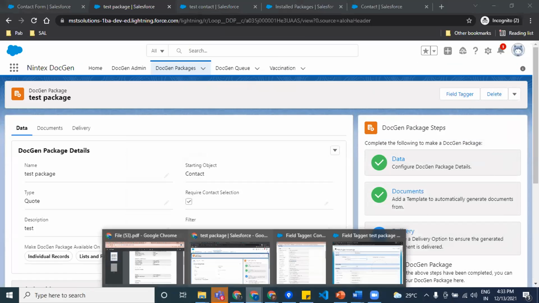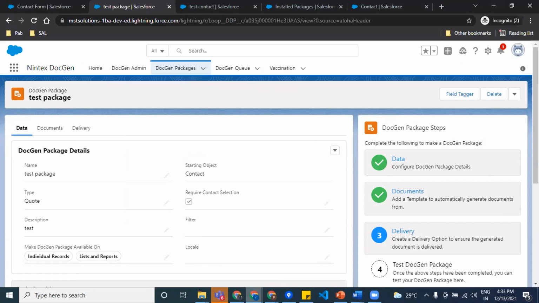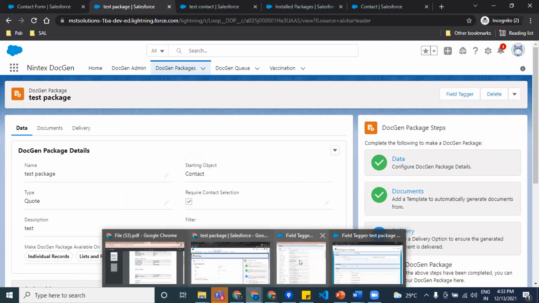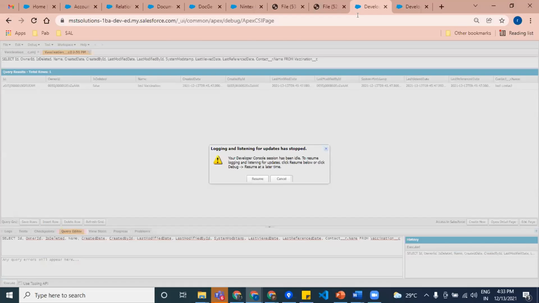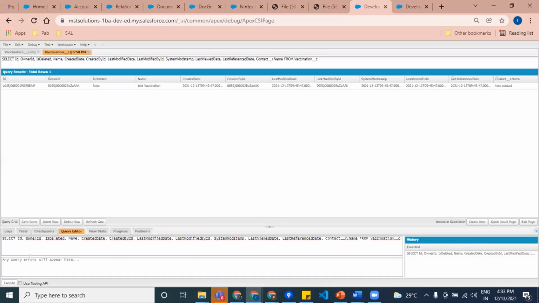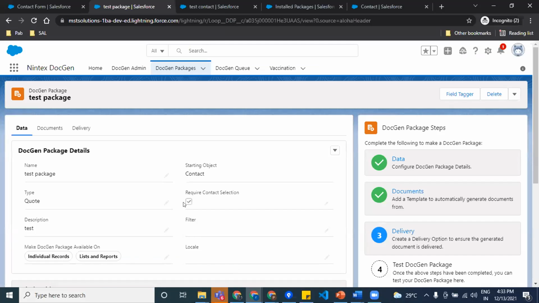If you want to put a SOQL query in general, what do we do? We just go to the developer console. We'll write the query whichever we want, and then execute it and see the result. The same query, we are going to copy it and paste it. Where are we going to paste it? We are going to paste it on the package. So I'll show you where to paste it.